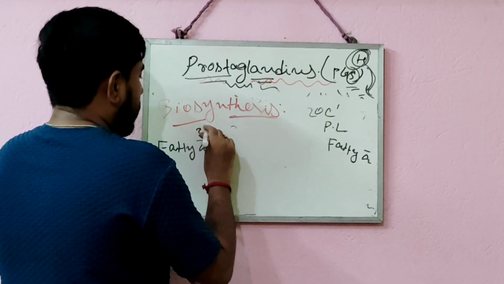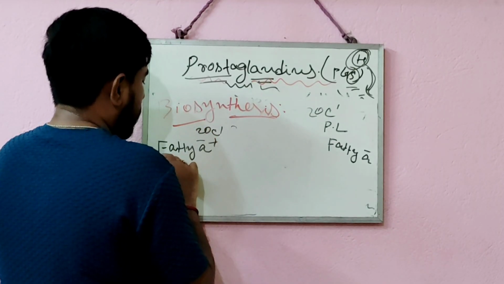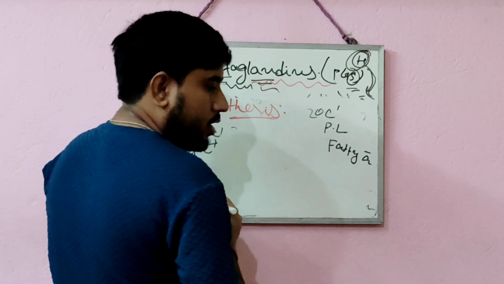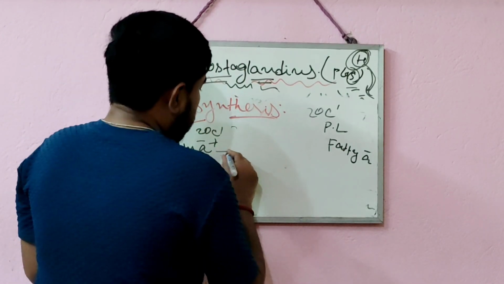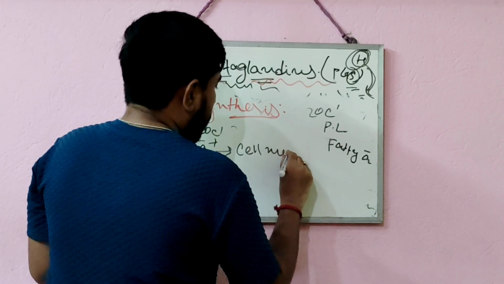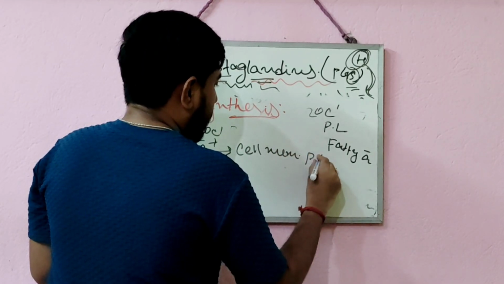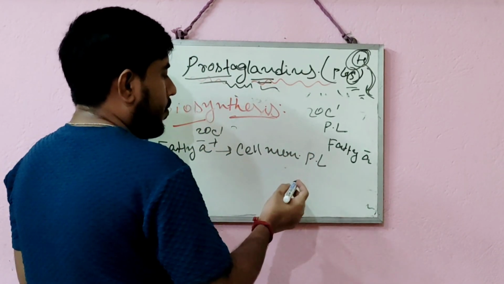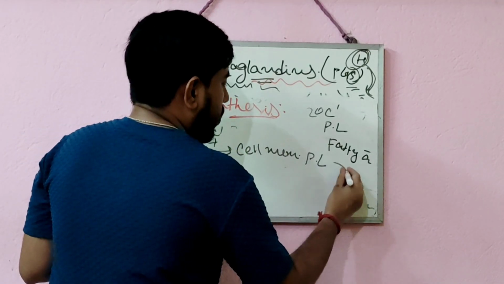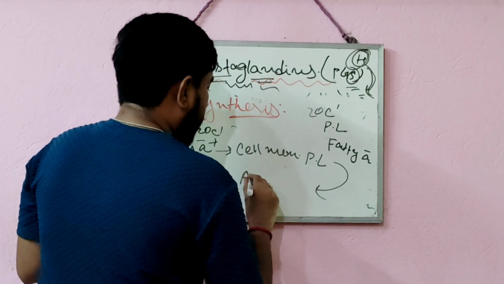With 20 carbon atoms, including those fatty acids, they attach with each other, and then they are released from the cell membrane phospholipid, or they bind with the cell membrane phospholipid, and after binding with the cell membrane phospholipid and fatty acid, it converts into arachidonic